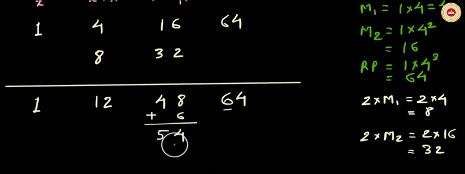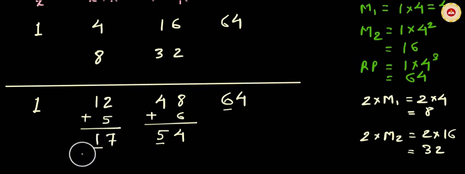Now come to middle part 2. Which is the extra digit? 5 is an extra digit. So let us transfer this 5 to its immediate left. Transferring means passing means adding. So 5 plus 2 is 7. Now come to middle part 1. Here 1 is an extra digit. So pass this 1 to its immediate left. So 1 plus this 1 is 2.